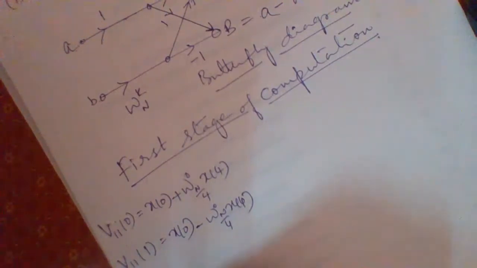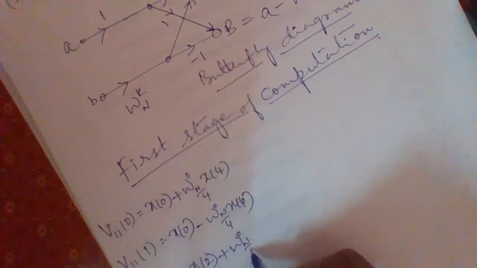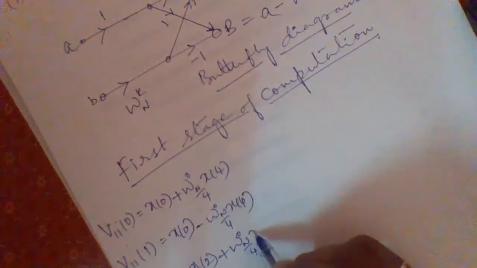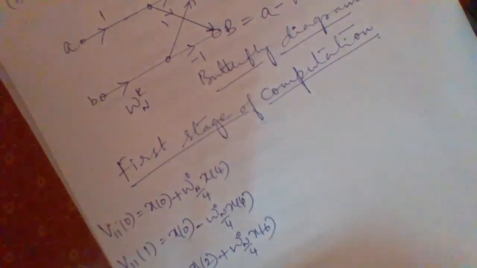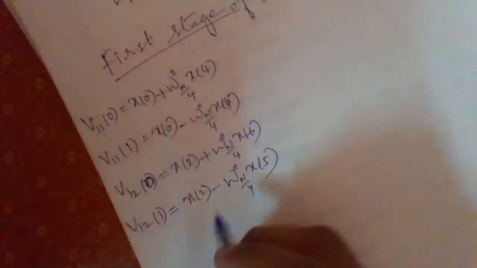Similarly, V12 of 0 is equal to x of 2 plus w raised to 0 n by 4 into x of 6. Then V12 of 1 is equal to x of 2 minus w raised to 0 n by 4 into x of 5. So similarly, we have to write V21 of 0, V21 of 1, V22 of 0